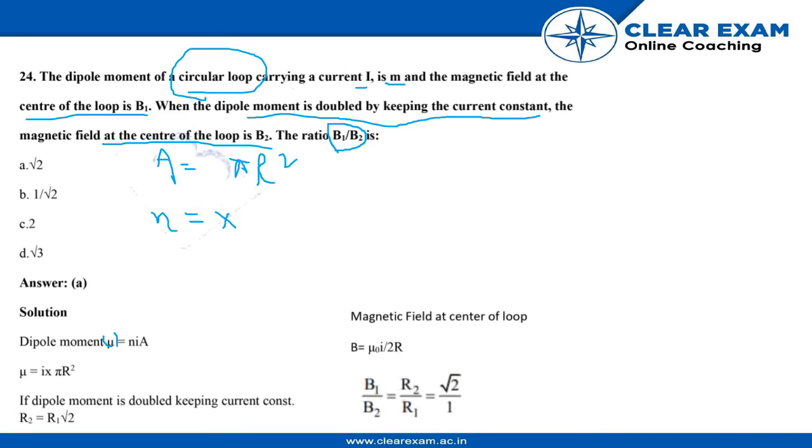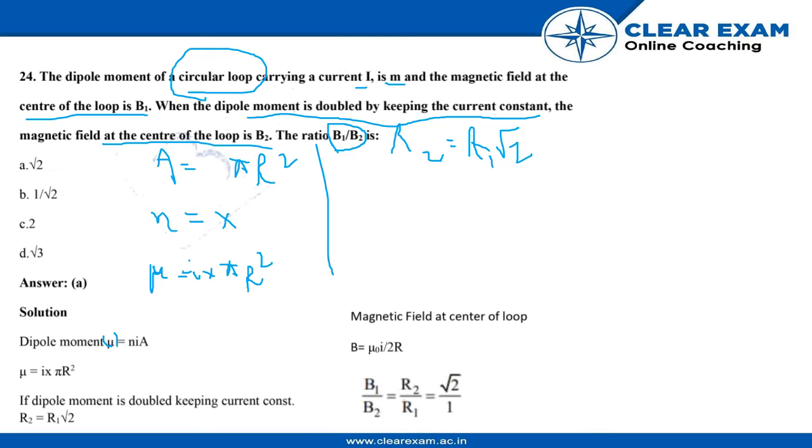So we can simply generate mu, that is I into x pi r square, and as it is given in the question that if the dipole moment is doubled keeping the current constant, then r2 is root 2 times r1,